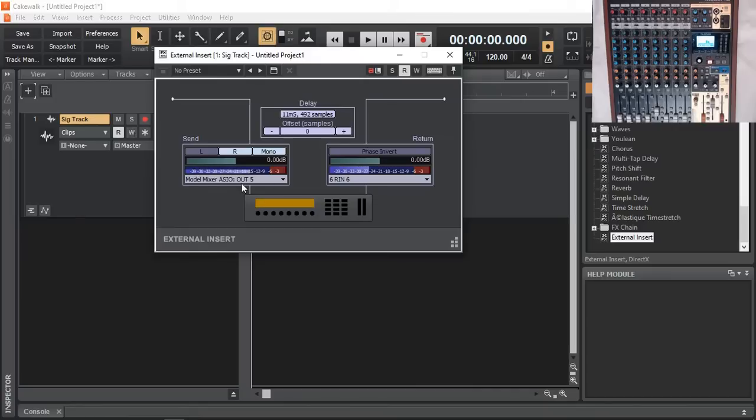But in this case, I'm just sending a signal to the output 5 of my TASCAM 12 and listening back a return of the input 6. So the signal will actually come out of my Cakewalk into just before the compression on channel 5 on Model 12. It'll follow down all the way, and I have my sub turned on, not the main, and the signal